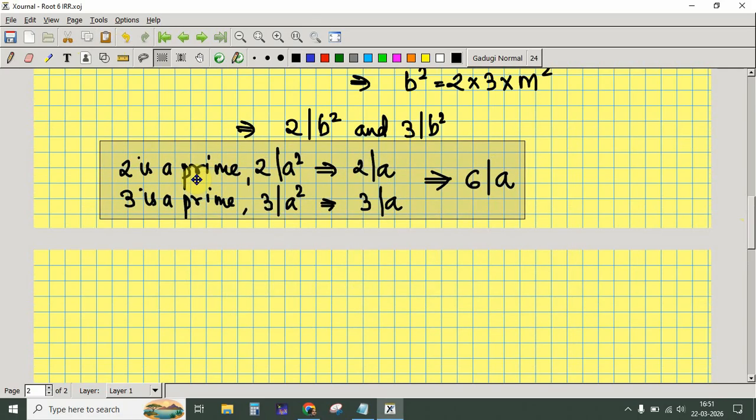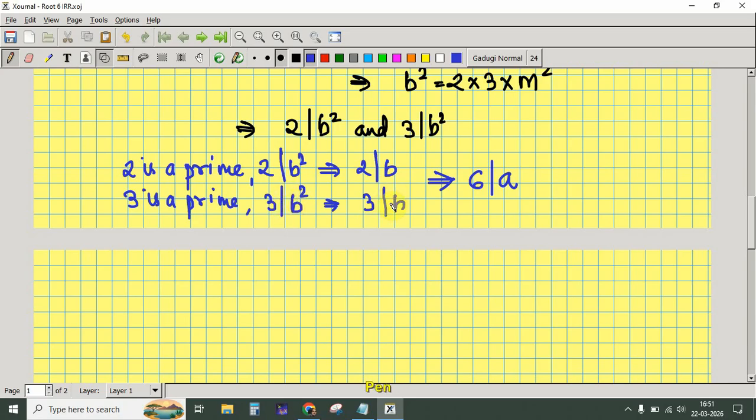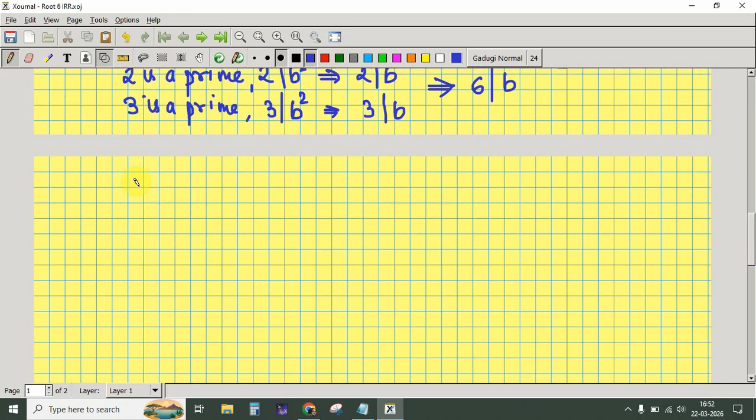Again, I am going to write the same conclusion over here. 2 is a prime and 2 divides b square, so 2 will divide b. 3 is a prime, 3 divides b square, so 3 divides b also. So 2 divides b and 3 also divides b, so 6 will also divide b. So now we have 6 divides a and 6 divides b, but